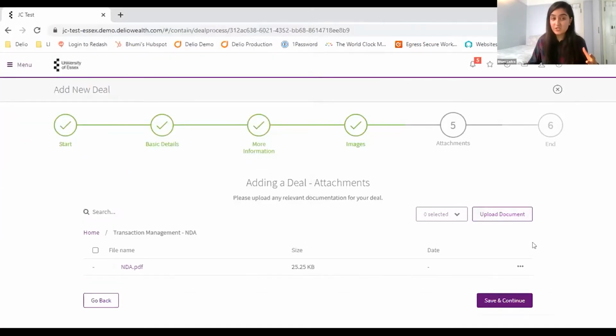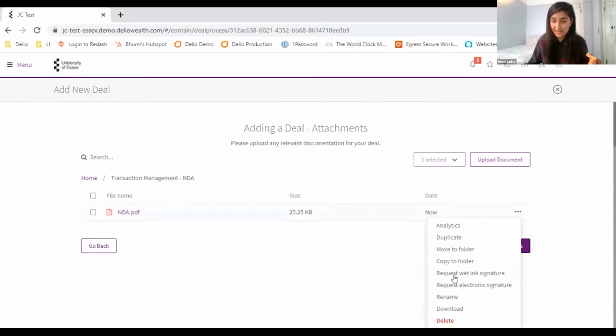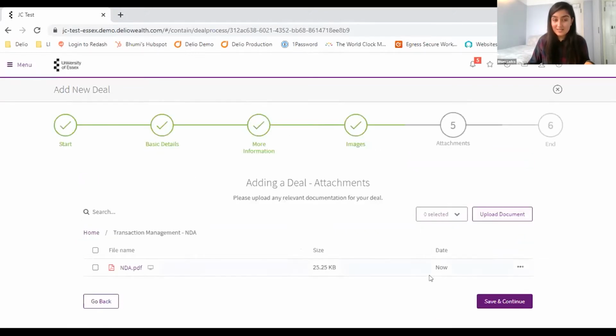And the way I do this is once I've uploaded the document, I click onto this little ellipses here, and it says here, request wet ink signature or request electronic signature. The investor will see this document in the platform. When they request more information, they will actually be prompted to sign the NDA before you can approve them and allow them to see more documentation.